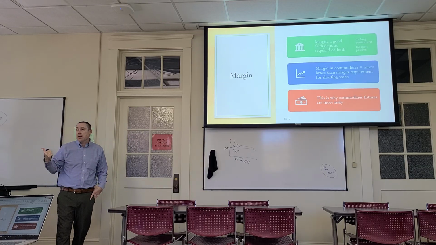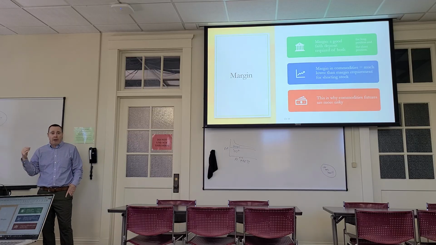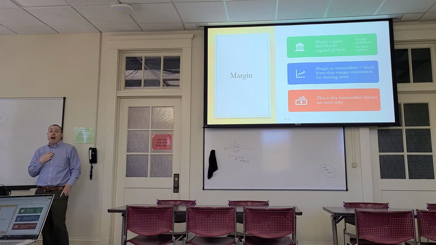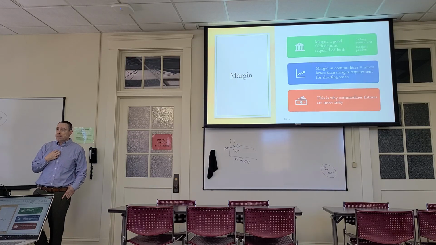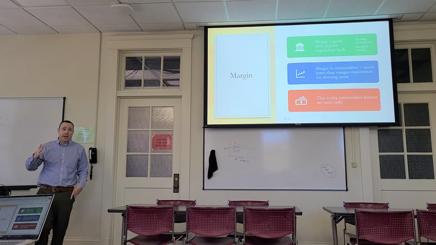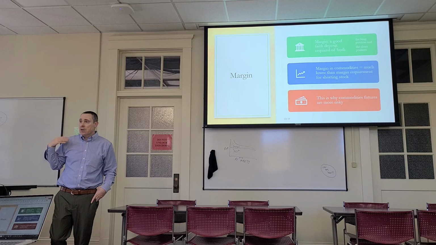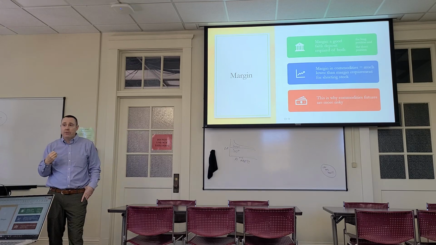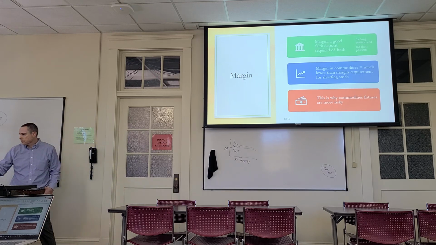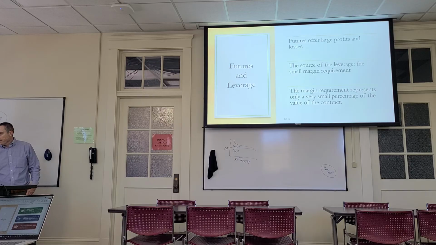With a commodity, this contract has to be closed. That farmer has to be paid. Now, I can sell off my contract to somebody else, and that's what usually happens. I'm a speculator, I'm buying it, and then I'm selling off that contract to somebody else, and I'm never actually taking delivery of the wheat or the whatever. So large profits and losses, riskier, both because I have to close the loop.